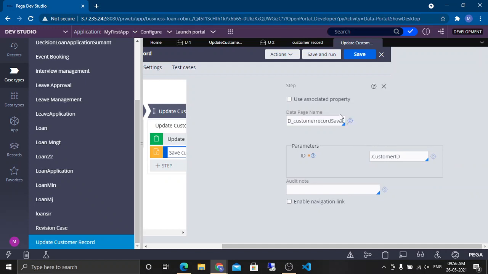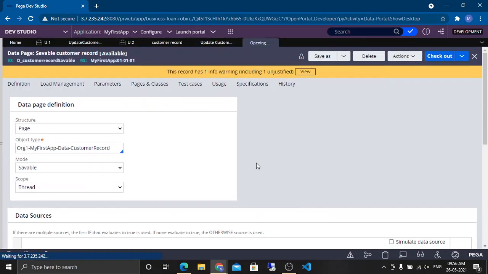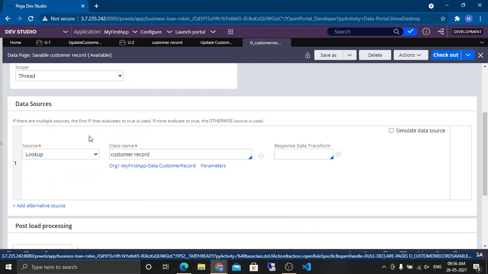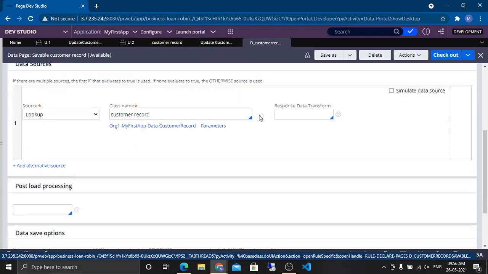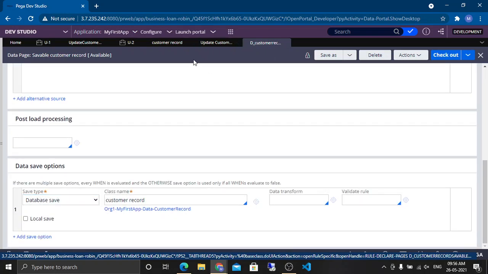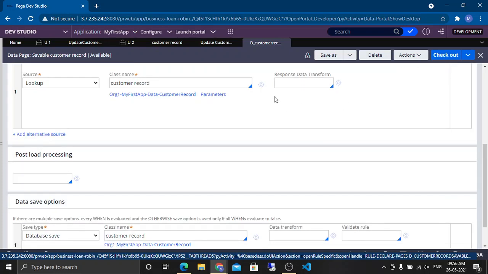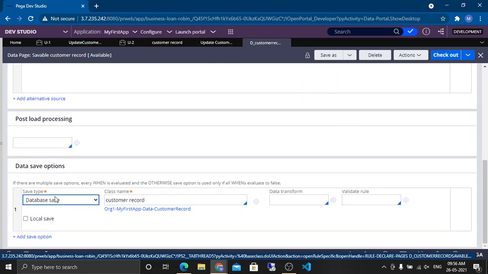Currently, if you open this page, we are just getting a record here. If I pass one, it will get me one record, the whole row basically, and then I'm directly calling this activity utility shape, so it will directly commit back. Whatever I fetch from the database, this record one as a customer record, I did not manipulate it. I did not change any data in it, and then directly committed back. So I will not see any change. It is as good as select star from customer table where customer ID is equal to 1, and then updating the same thing back to the database.